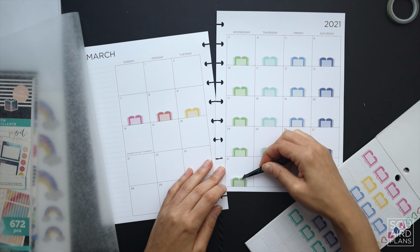I just did that, and the pen I used there was the Tombow. I always have to look at it because I don't know how to pronounce it. I think it is the Fude no